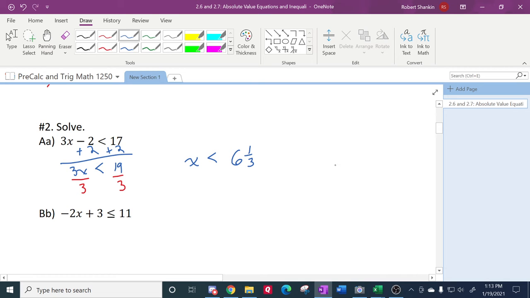Okay. And you could graph it on a number line. If you had 0 here and 6 1/3 here, then it would be an open circle and everything to the left shaded. Yeah. Now, when you're doing this one,